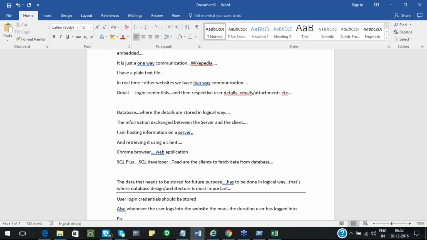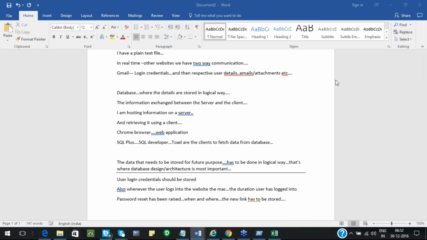Also, if a password reset has been raised, when and where the new link has to be stored. This is my simple requirement.